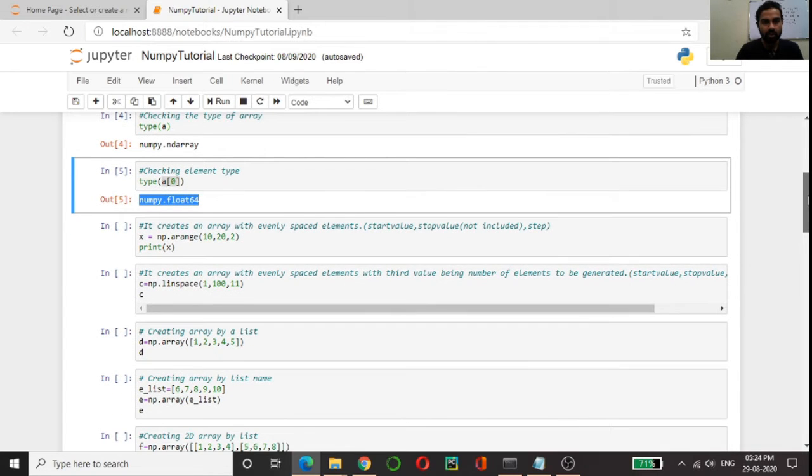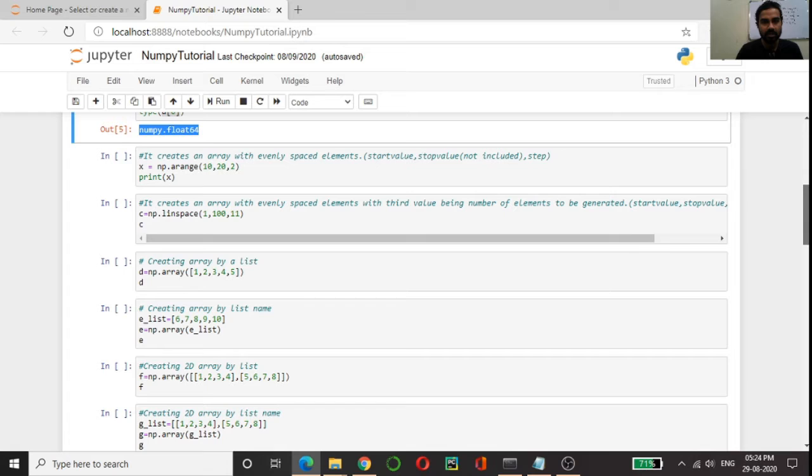Now coming to another way of creating a numpy array, which is by using the arange method. What this method will do, this is the start, this is the end, and this is the spacing, like start value, stop value, and the step.